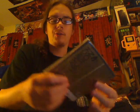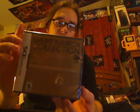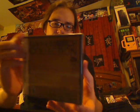how this game works. Also from Nintendo Club, I used my points to finally get the Game & Watch collection, which I'm going to be keeping sealed because there's only like 3 games in here. So honestly, this game probably won't be worth that much in the future, even though I'm keeping it sealed because so many people are probably doing the same thing. But I don't care. I'll play it once and never play it again, so I'd rather take the chance and